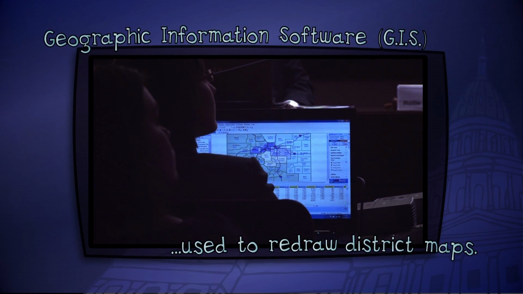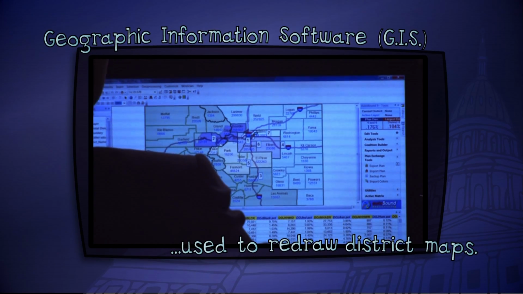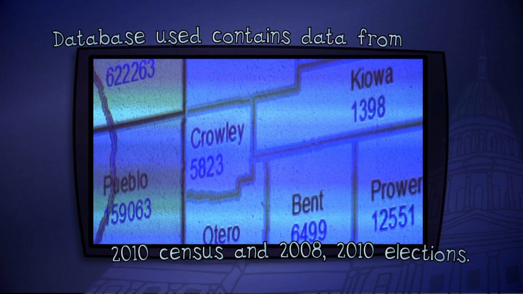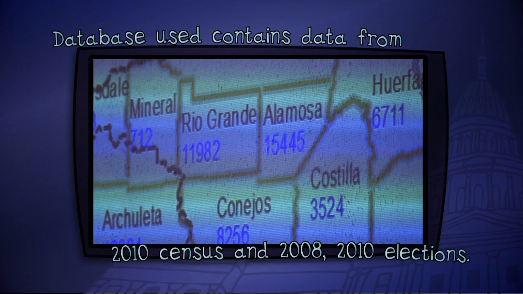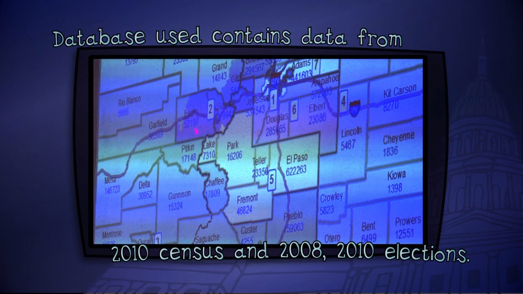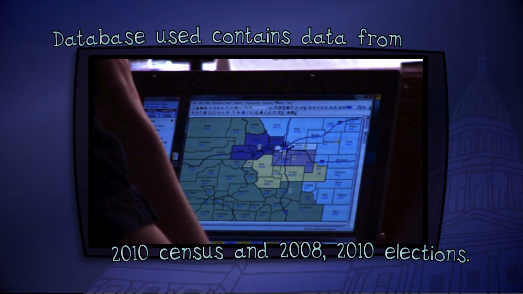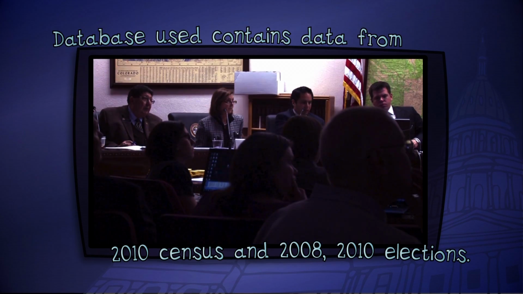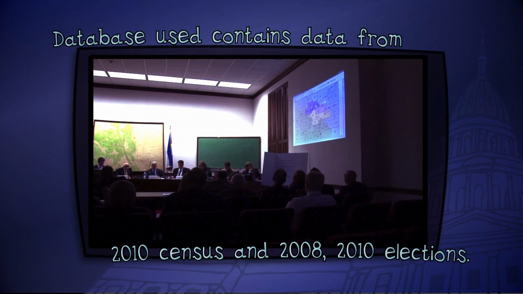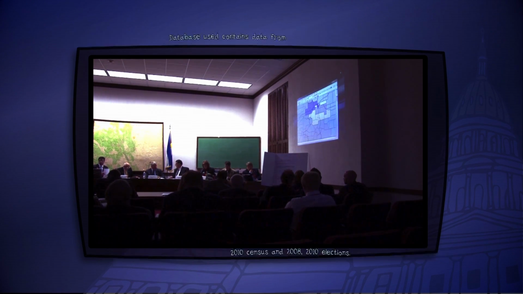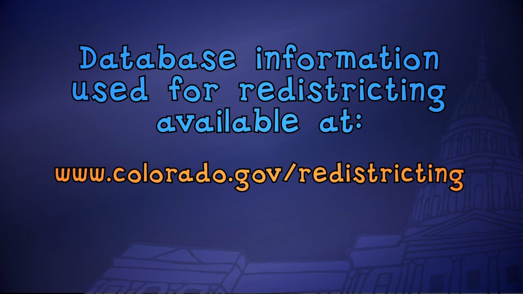Colorado will use Geographic information software to draw each district. The database used will contain data provided by the U.S. Census Bureau and the Colorado Secretary of State. This data includes the population results of the 2010 census and the election results from the 2008 and 2010 elections. The information contained in this database is available from the Colorado Redistricting website located at